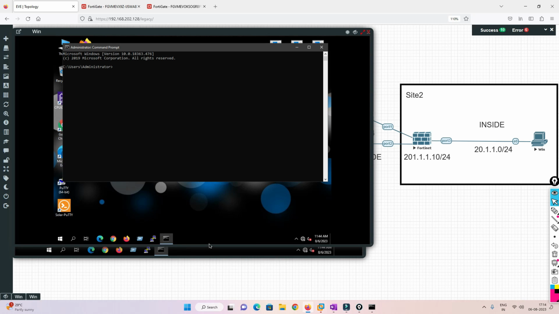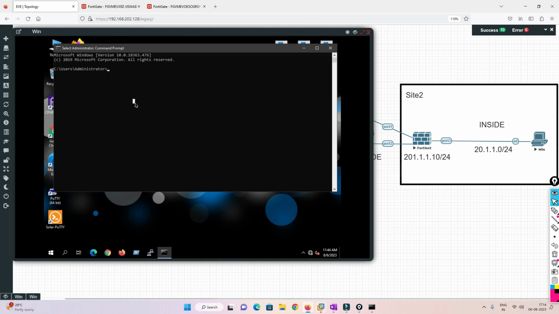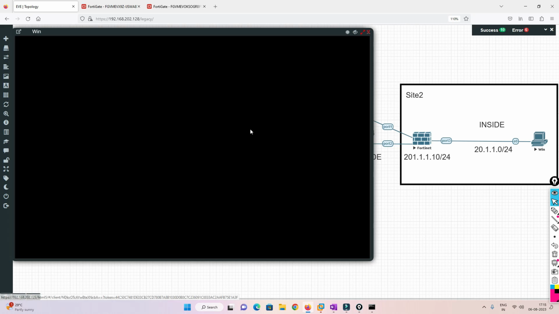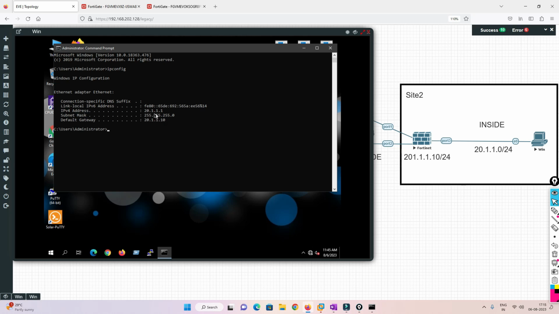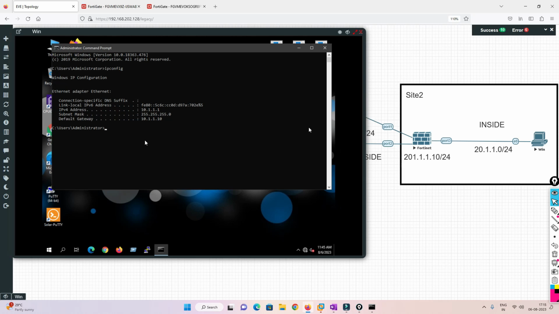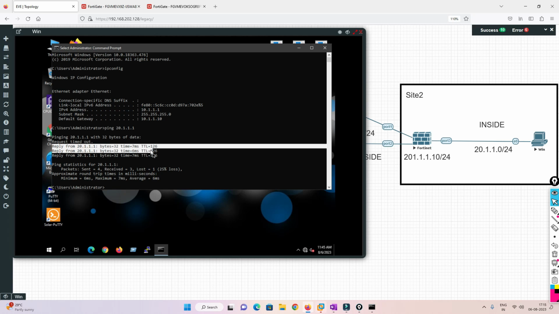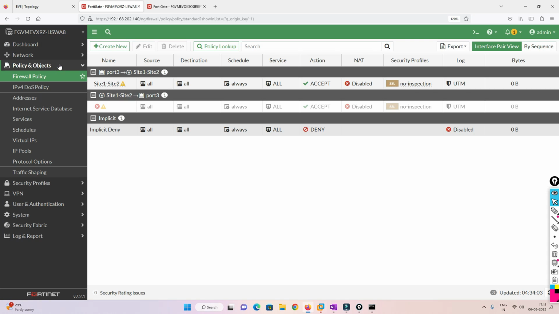Let's take the other one. Okay, so IP config. Let's take one more time, IP config. Now it is 20.1.1. We are good now. So what we are going to ping is 20.1.1.1. Okay, so let's see whether it's pingable or not. So now as you can see that we are able to ping, and once we go and try to check that out,